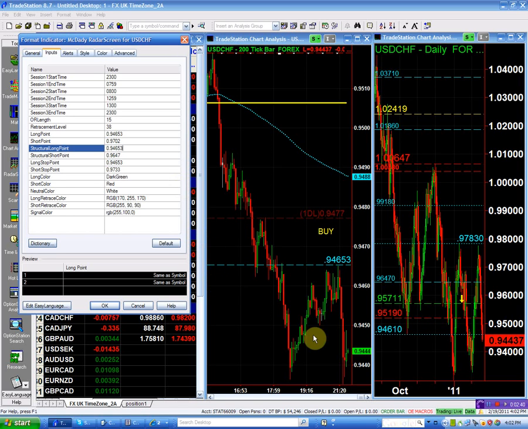I want to go short. I want to take it below the low of the day in this case. So my short is going to be below, I'm selling below 94.30, and if I go short below 94.30, I'm placing my stop above the structural point, which is 94.65, and my structure short, that's my structural,